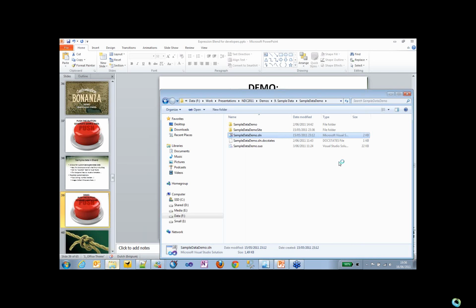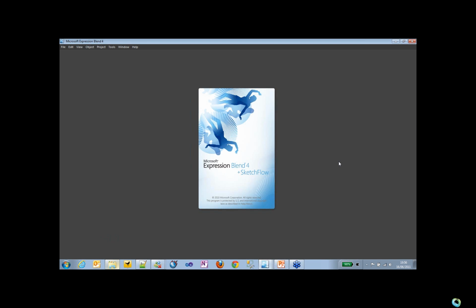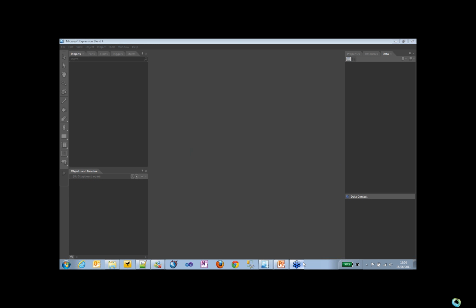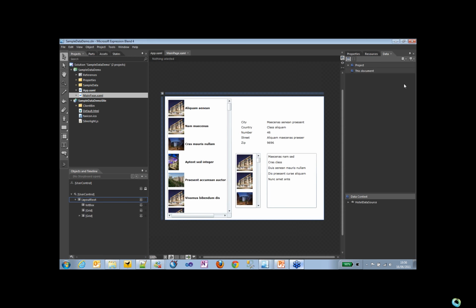There we go. I've prepared them because otherwise it takes us too much time to do all looking around to generate the sample data source. I'm not going to spend time on this. Okay. Let us take a look at what I did here. So in the data tab, which is here on the right, sorry for that,